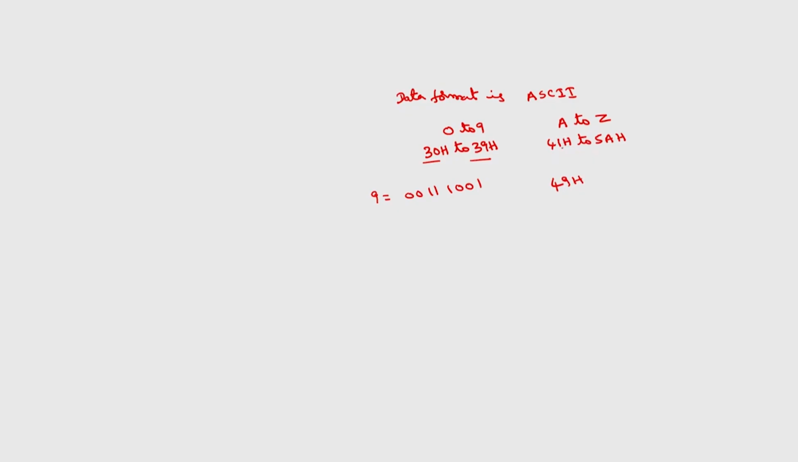So, 41 is A, 42 is B. This 41H corresponds to one of the alphabets. So, this is nothing but 0100 0001. Now, what is the format that you have to send? You have to assume this depends upon your